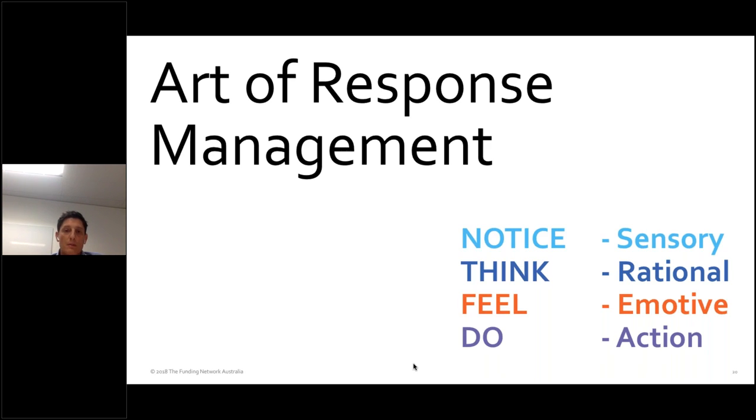But the things that you need to think about in managing any kind of response are, there are four ways in which people respond to what you've got to say and the pitch that you give. There's going to be the things they notice, which is about their sensory response to your body language. There's going to be the things that they think, which are how they react to what you say, so the rational side, the left brain stuff.